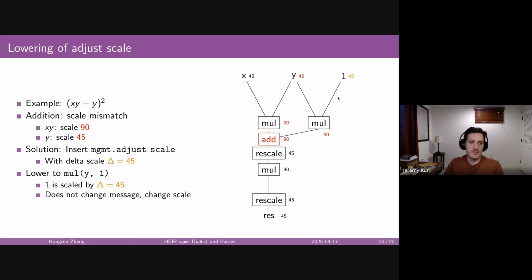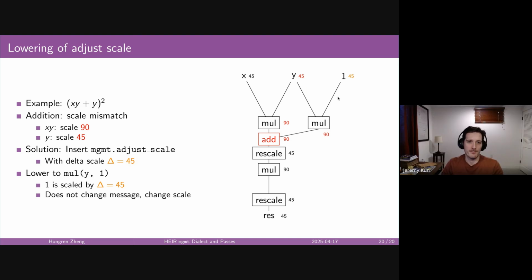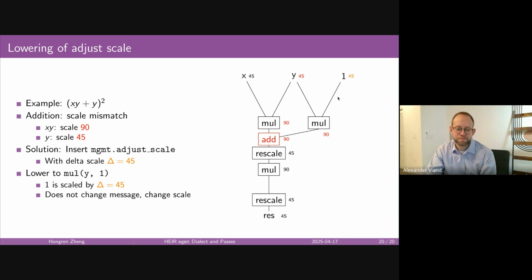Right. And I think the better answer to your question is we have tests that will fail because the scales will mismatch and it will run the resulting program and give you the wrong answer. So we're not going to check in anything that does that. I know, but my point is that this is sort of brittle, if you're relying on something not getting canonicalized away. But I like the idea that as long as the encode op doesn't produce something that's constant-like or can be constant propagated, it's fine, right? Right, exactly. Yep.